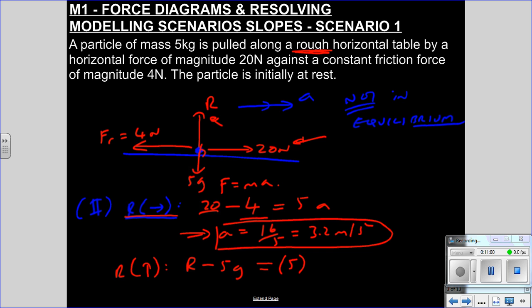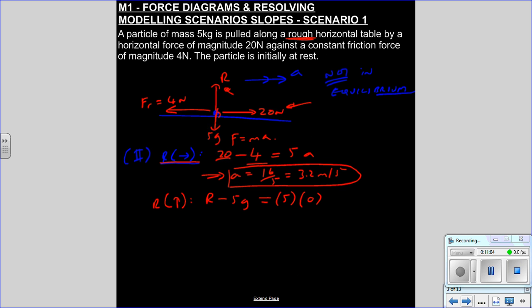The mass is 5. The acceleration, though, it's not accelerating up and down. It's not bouncing up and down, is it? So acceleration is 0. So therefore, R must be 5g. So that's 5 times 9.8. 5 times 9.8 is 49